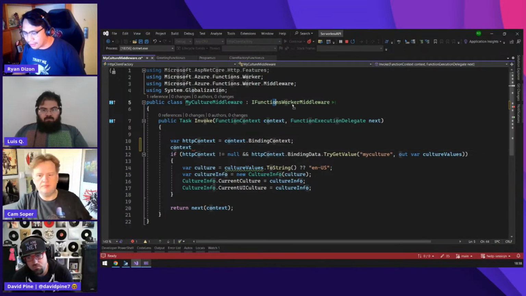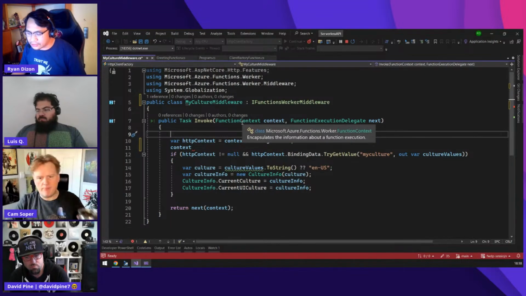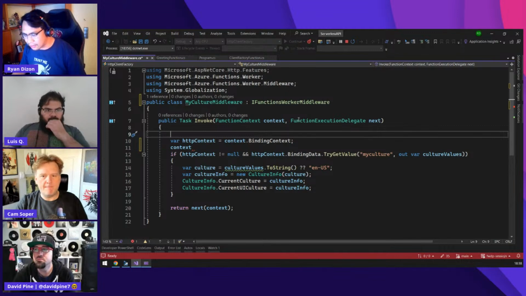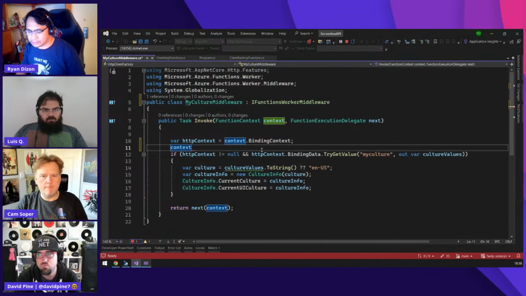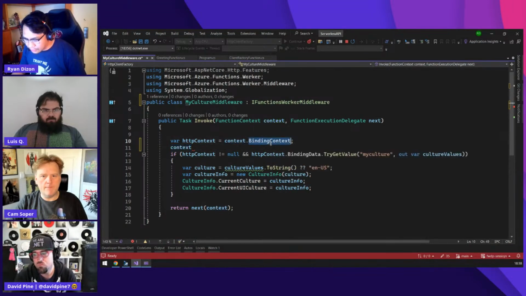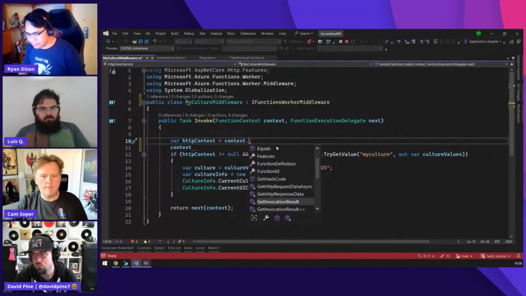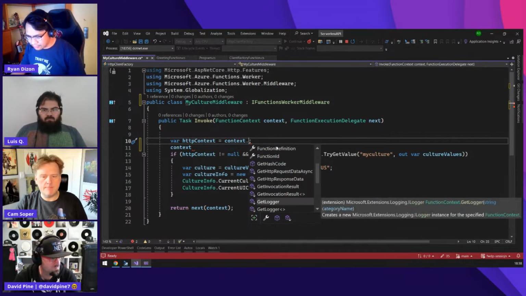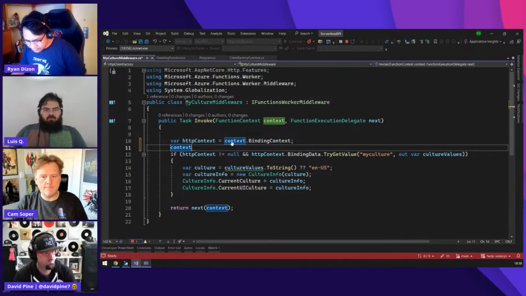And as you can see here, you can take advantage of the context that you are passing for this interface. So you have two parameters here, which is the function context, which means that every function that has been triggered has this context, and that will be automatically passed here inside your middleware. If you browse the different methods and properties here, you can just explore this. Actually, there's a lot of things that you can use inside this context.